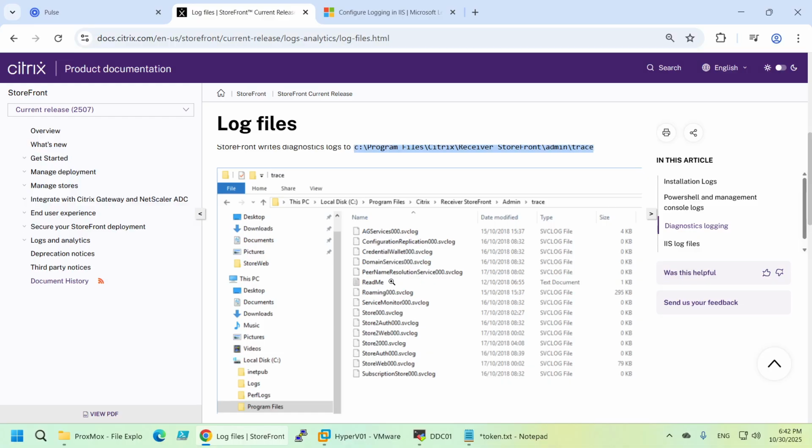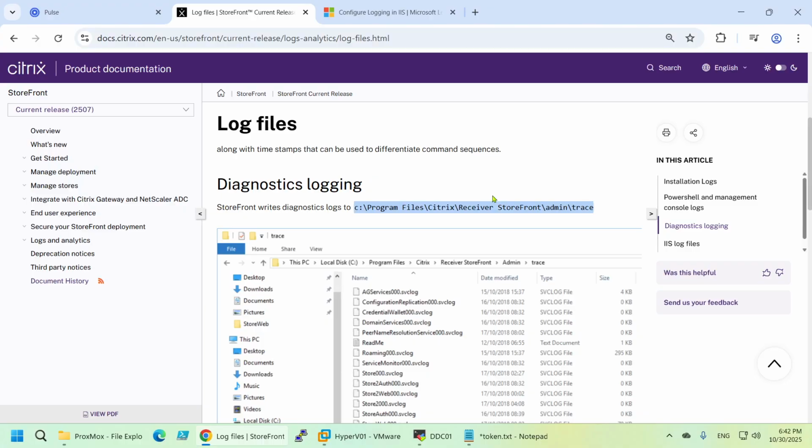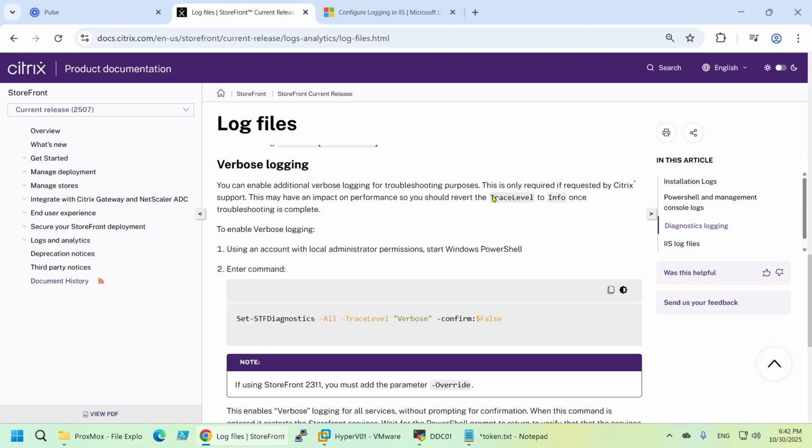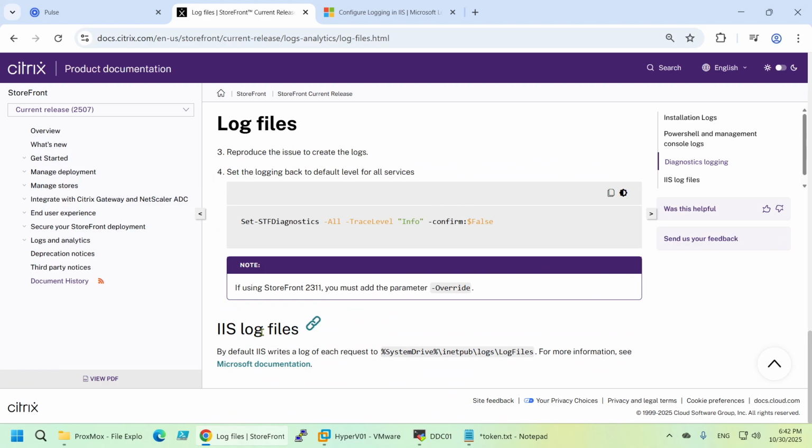If you have big environments, this is a circular log. It will keep everything for 24 hours, and if a file gets bigger than 200 megabytes, it generates a new one, and it keeps them for 24 hours. If you have an environment with, I don't know, 6,000-7,000 users, you will reach those 200 megabytes very quickly. So this is one location, and the other one, the most important one, is the IIS